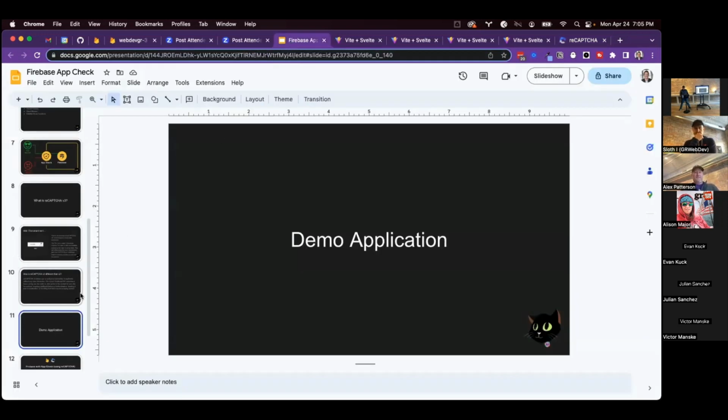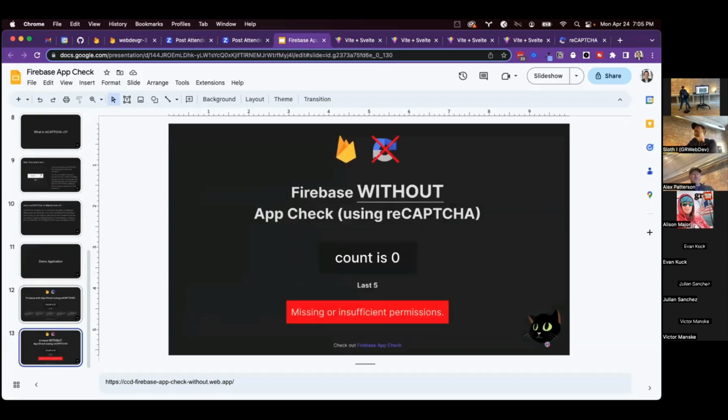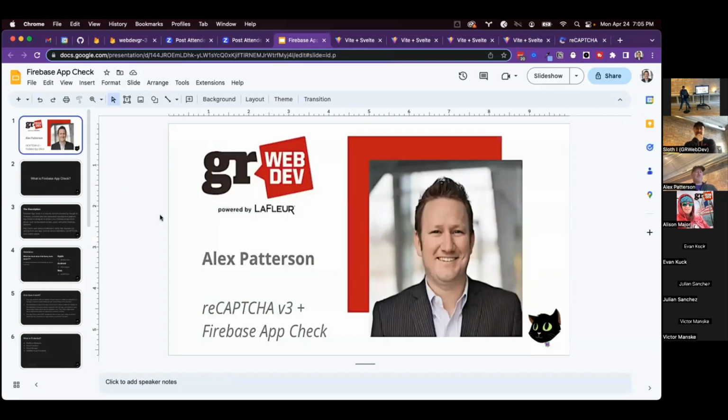And the demo went well, so I don't even need these slides, which is great. That's really all I have about App Check, but if there's any questions about App Check or Firebase or CodingCAD or